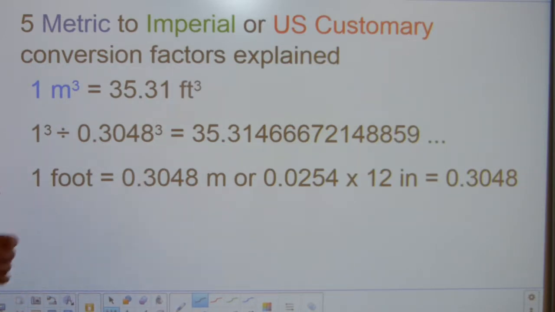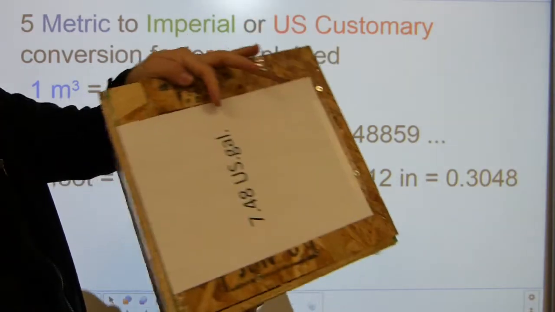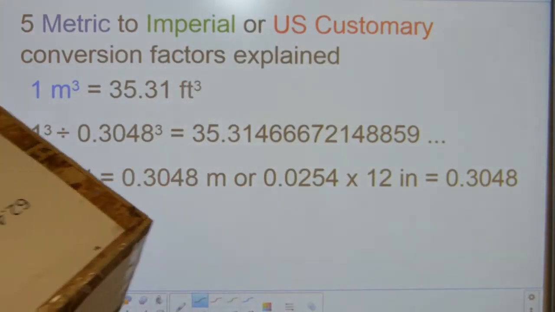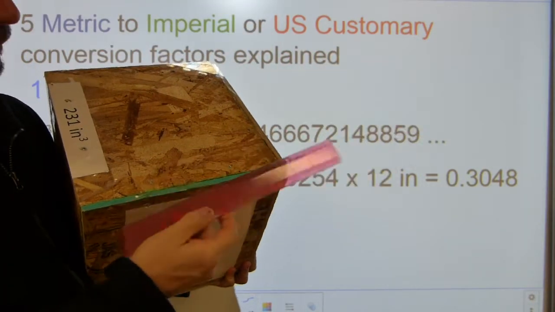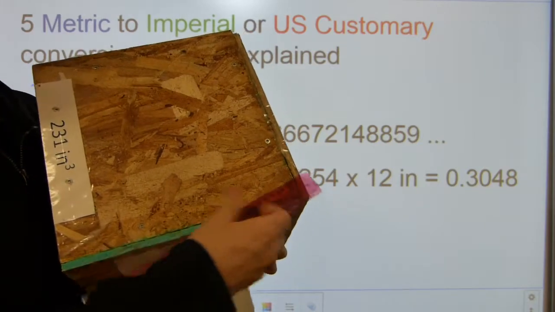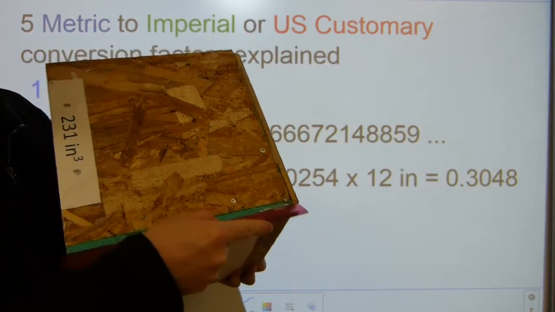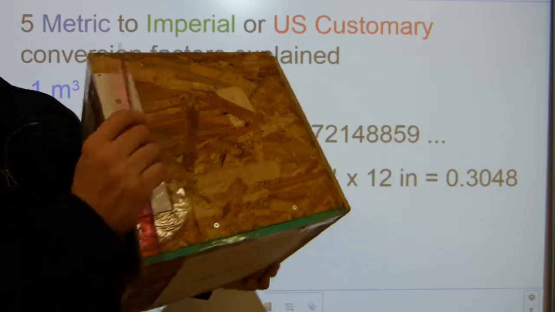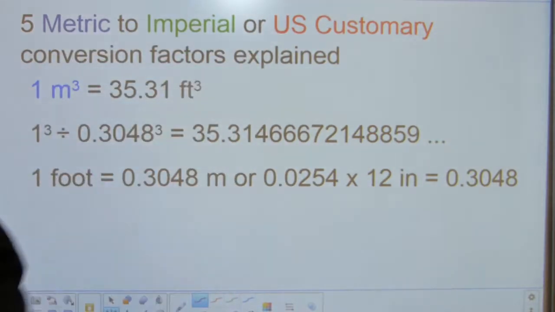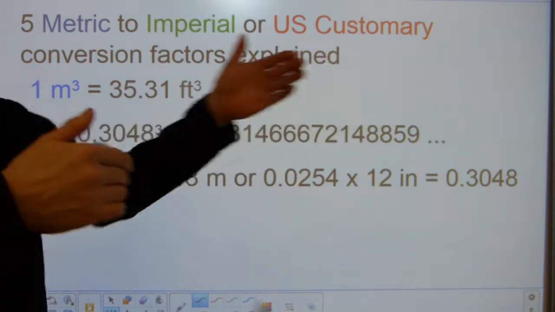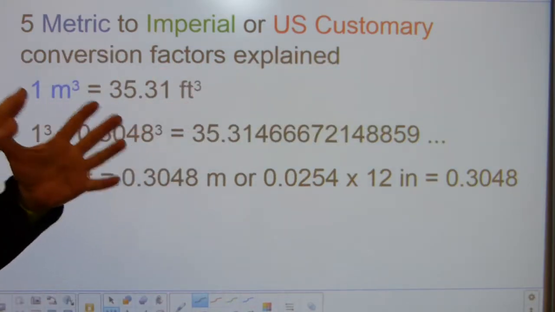What does it mean? First off, it means that a cubic foot, and I just happen to have a cubic foot here, this cube here is a cubic foot. It's a cubic foot because its edge length is, and this is my ruler, 12 inches, 1 foot long, plus a little bit of extra plastic here at the edges. So it's 12 inches or 1 foot by 1 foot by 1 foot in all 3 dimensions of space. A cubic meter